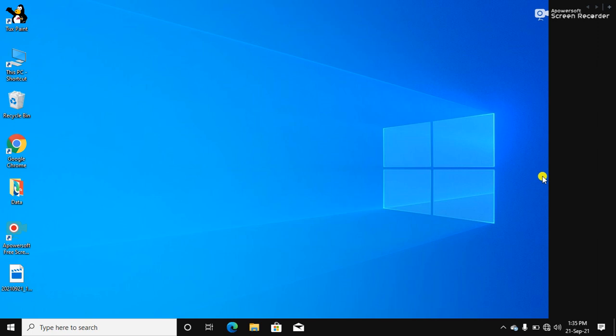After loading Windows 7, you will see the screen like this. This is called the desktop screen. Here you can see some icons. Icons are the shortcuts to some of the programs. So we are going to discuss firstly how to start Windows.